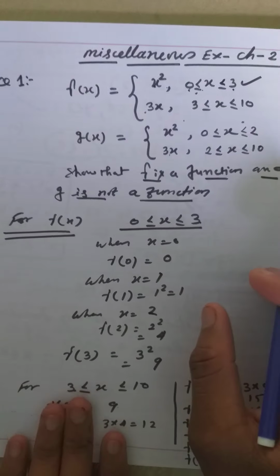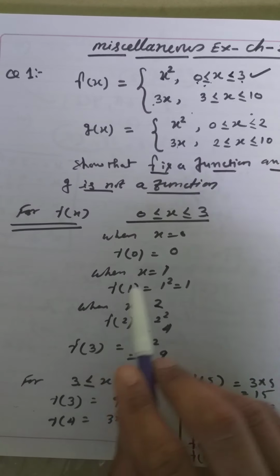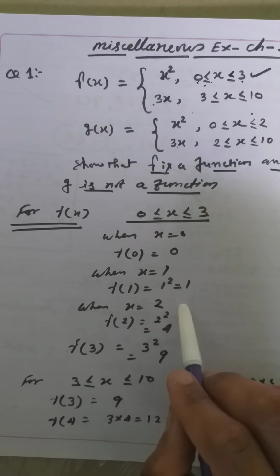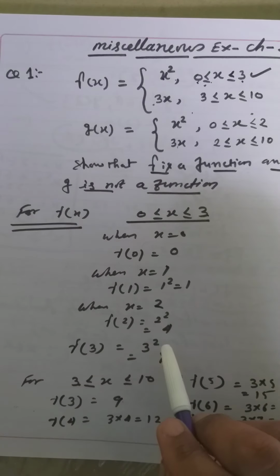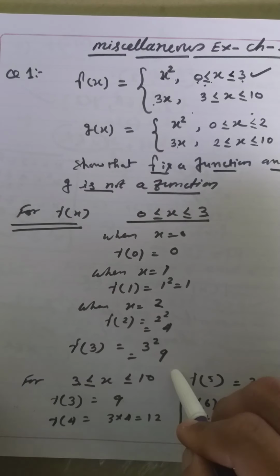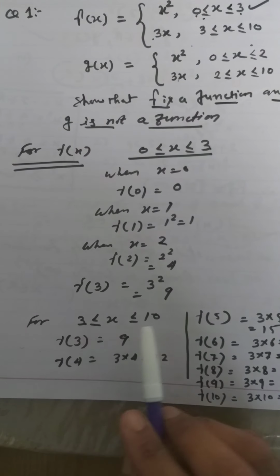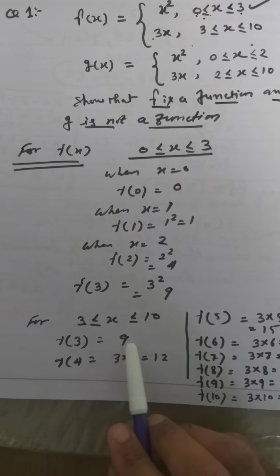for the value of x greater than equal to 0 and less than equal to 3. When x equal to 0, f(0) equal to 0. When x equal to 1, f(1) equal to 1 square, 1. When x equal to 2, f(2) equal to 2 square, 4. When x equal to 3, f(3) equal to 3 square, 9. Right? For the value of x lying between 3 and 10, including 3 and 10, f(3) equal to 9,